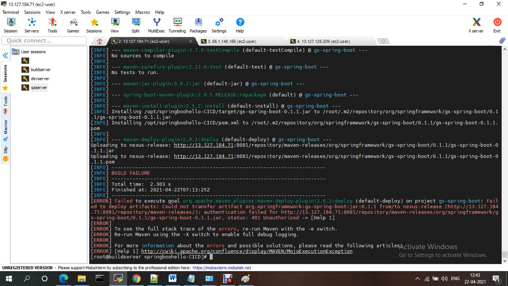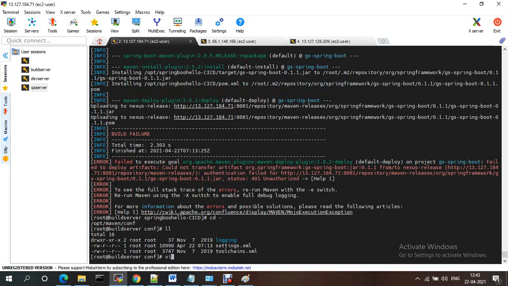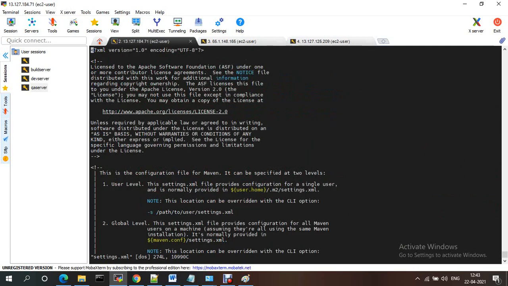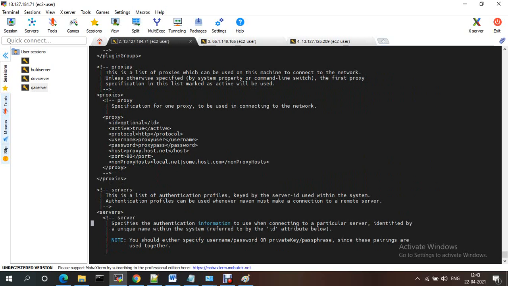I think we didn't properly mention the correct path, in vi settings.xml. You need to paste it after servers. That is the issue.